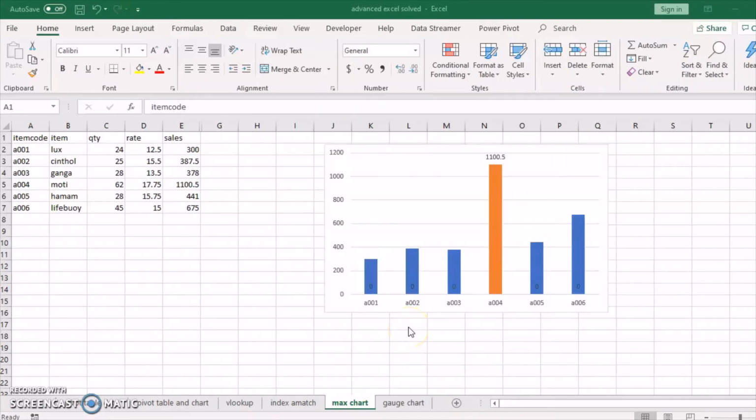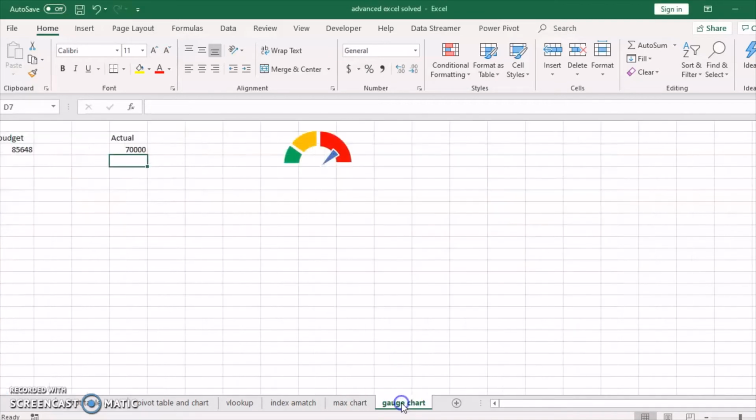The next topic we'll be covering is the advanced chart options. So in the advanced chart options, after the basics, we have learned already how to create charts like this. Here we will be teaching you how to highlight the maximum that is there in your range, how to give it a value if you want to see the value, or we also teach a different type of chart which is called the Gauss chart, or it's also called the speedometer chart, and you can see it will change according to the values.